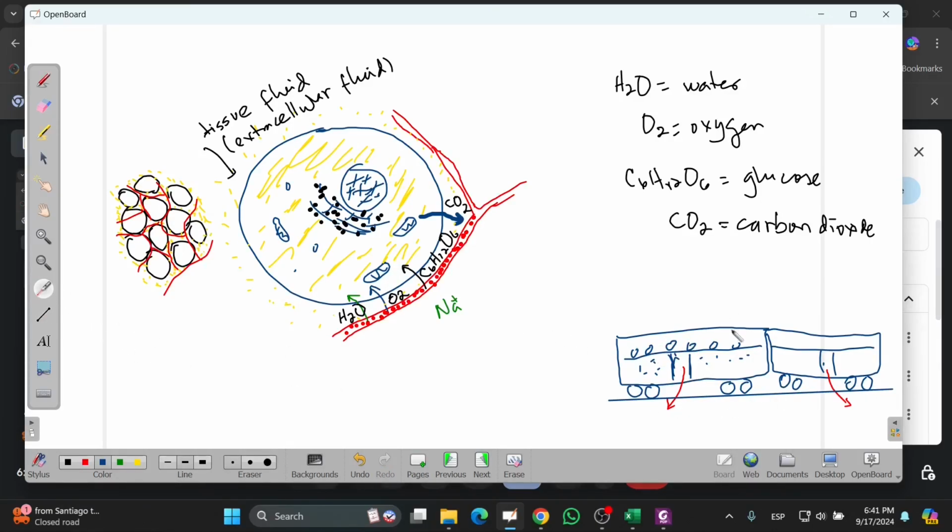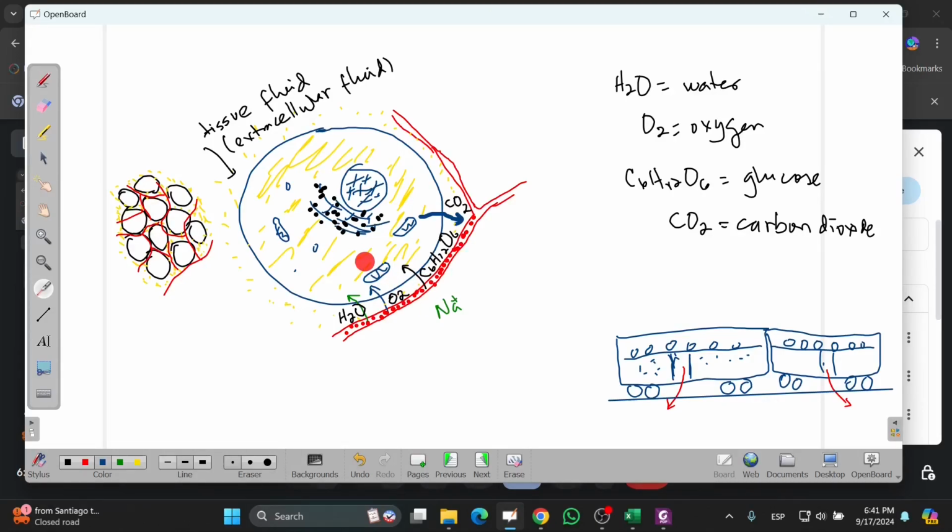If the train wagon was very full of people and you are coming out, you will do it spontaneously. You don't need any help. You will be moving from an area of higher concentration into a lower concentration,